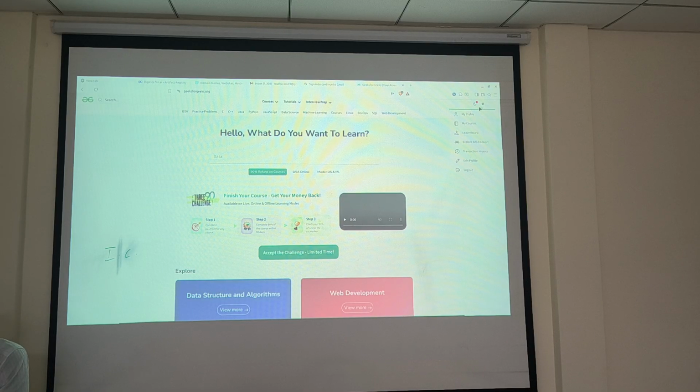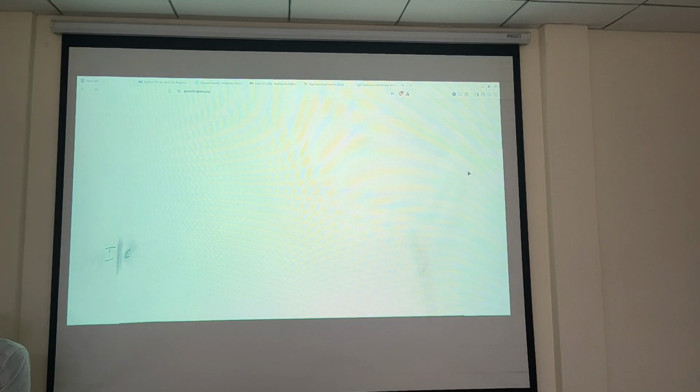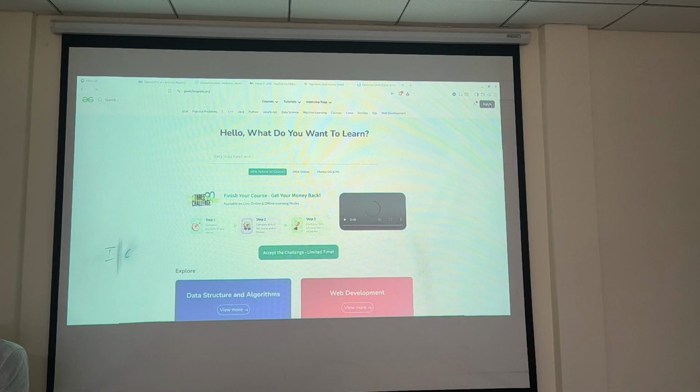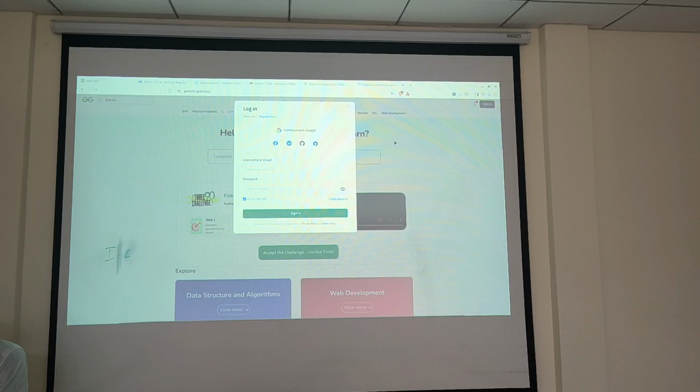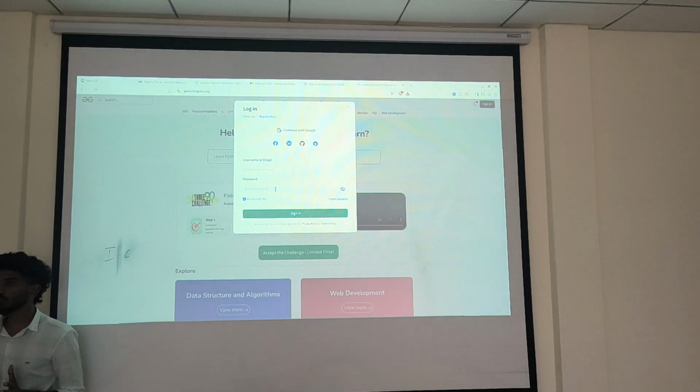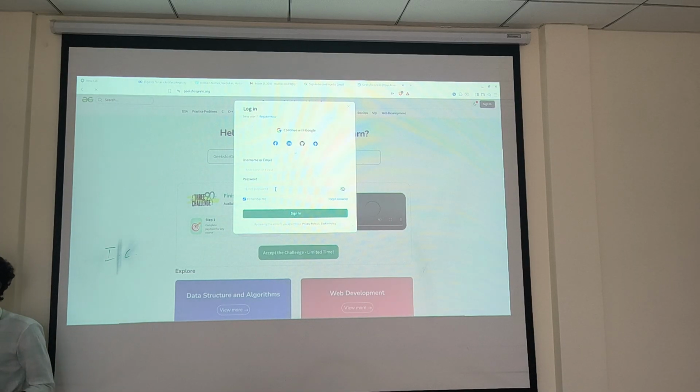Okay, I think here I log out. I will show the SQL injection, then you guys will get some idea. So here I have to give my mail, right? After that I have to give the password. If I am entering this mail and password, what will they do in the backend?